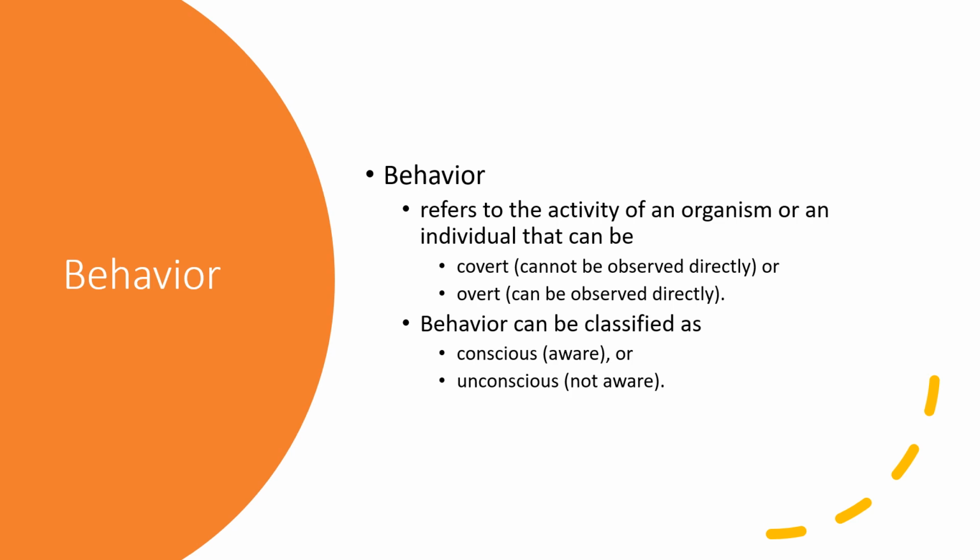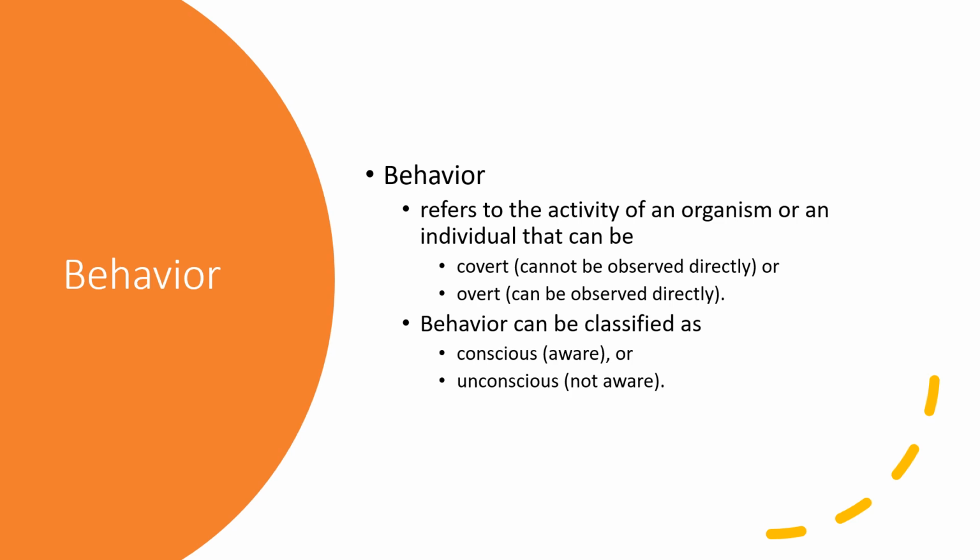So now let's have an example of behaviors that cannot be observed directly. For example, in simple terms, these are behaviors that go on during our sleep. When we are sleeping, these are behaviors that we ourselves cannot observe directly. So this is just a simple example. And then we also have overt behavior, which are behaviors that can be observed directly. So in simple terms, if you were asked what kind of behavior cannot be observed directly, it is called covert behavior.